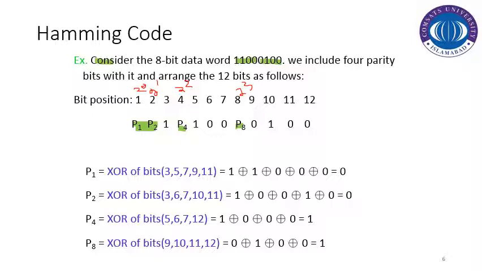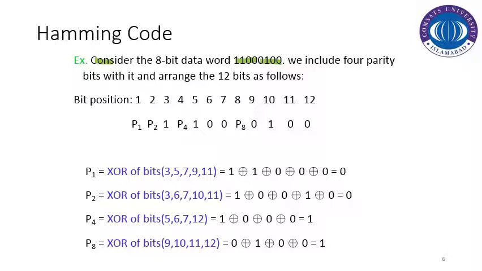P1 is basically the exclusive OR of the bit placement of 3, 5, 7, 9 and 11. So we're going to retrieve those bits and construct the exclusive OR gate in order to decide the state of P1. So in that particular case,